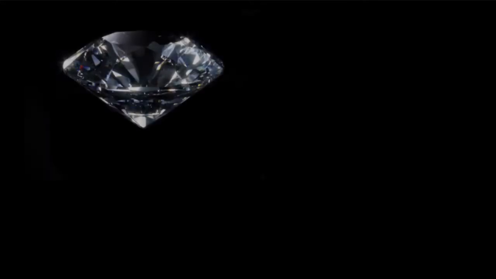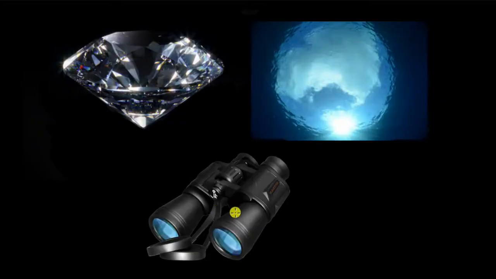In this video, we will see how total internal reflection is responsible for a diamond's shine and sparkle. We will also see the reasons behind this really cool thing called Snell's window, or how you would see the world if you are underwater. Finally, we will explore how binoculars use prisms for total internal reflection and why using prisms is better than using